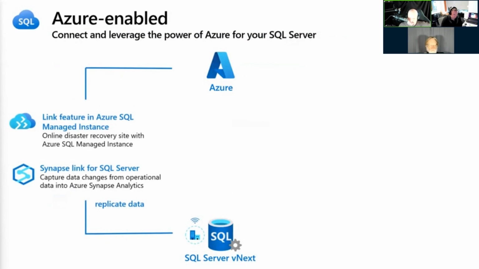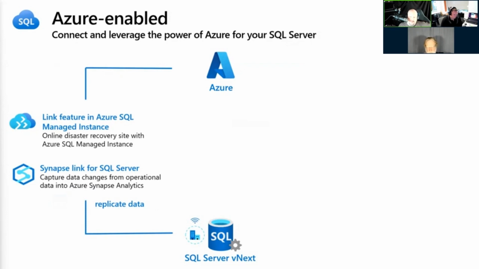Previously, I mentioned the disaster recovery capability with Azure SQL Managed Instance. Additionally, the Synapse Link for SQL Server provides the ability to capture changes from SQL Server in order to feed Synapse tables for scalable analytics. This really helps us extend the benefits between both platforms. Previously, relying on ETL jobs to position data from on-prem to Synapse, ETL routines are powerful, but they must be developed and maintained, and there's always some degree of built-in lag.